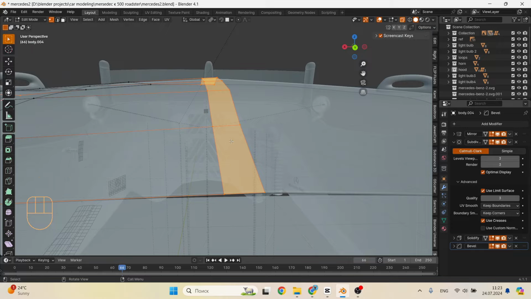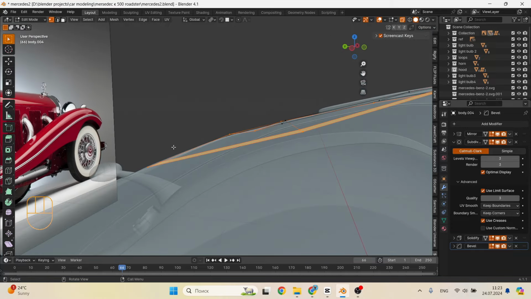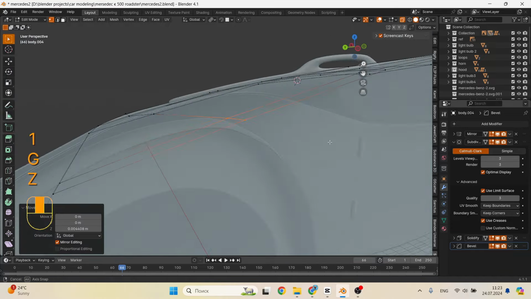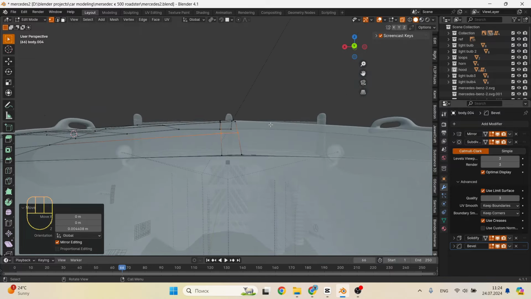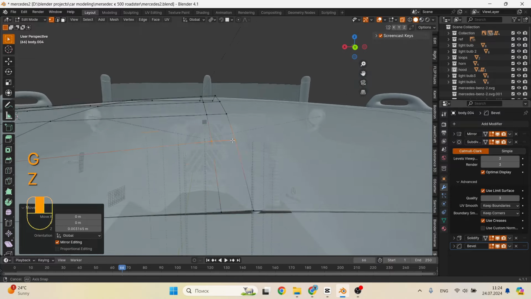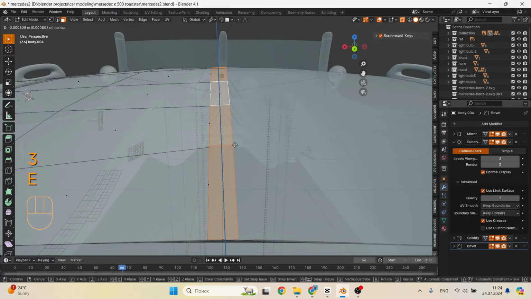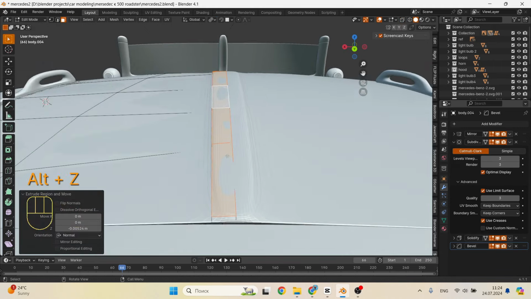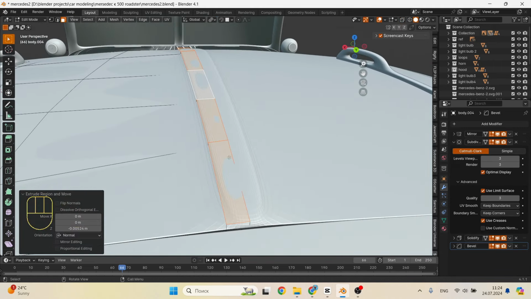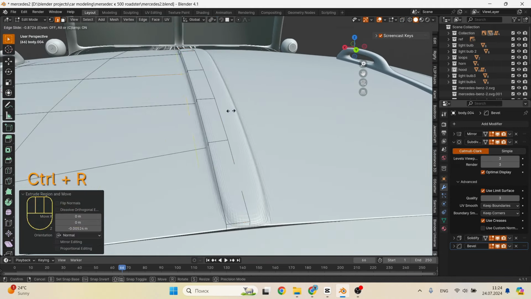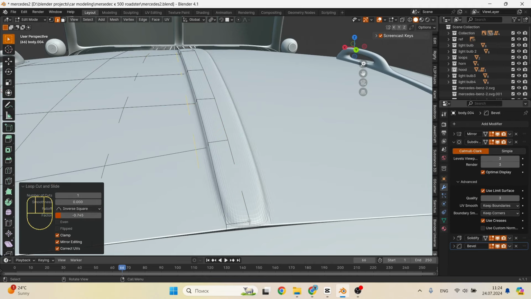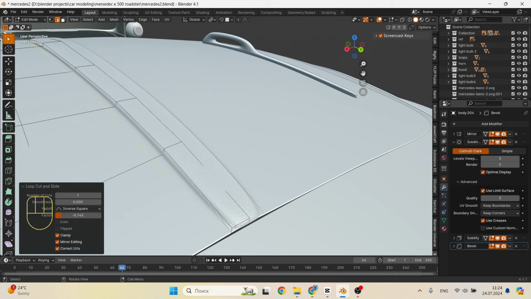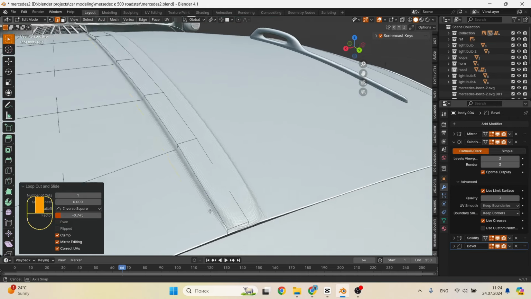We make a neat surgical incision, but it should not be even, wider at the top and narrower at the bottom. Now we select the faces that we cut out and extrude them along the Z-axis upwards. Now we need to add several loop cuts in order to more clearly highlight the molding. At the bottom I will leave it rounded, and at the top I want it to go clearly along the edge. Therefore, we need to add a loop cut.